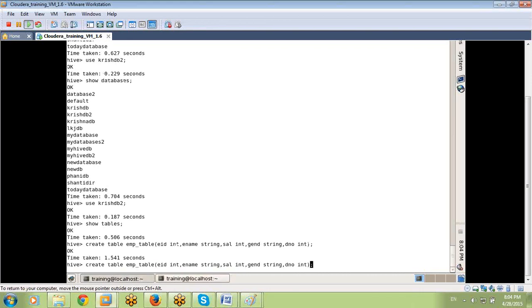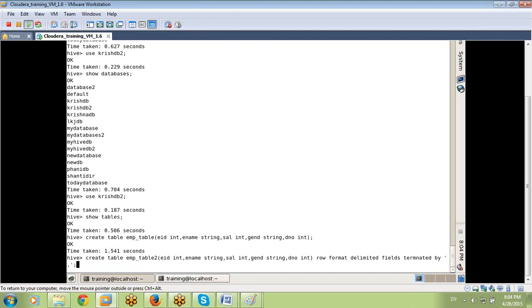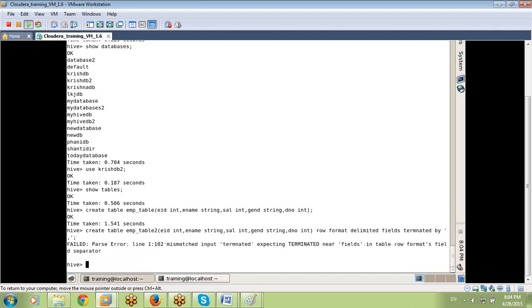Create table emp table 2 this time. Then I mention the row format command also: row format delimited fields terminated by comma. Enter. Now the table is created. What is this mistake?